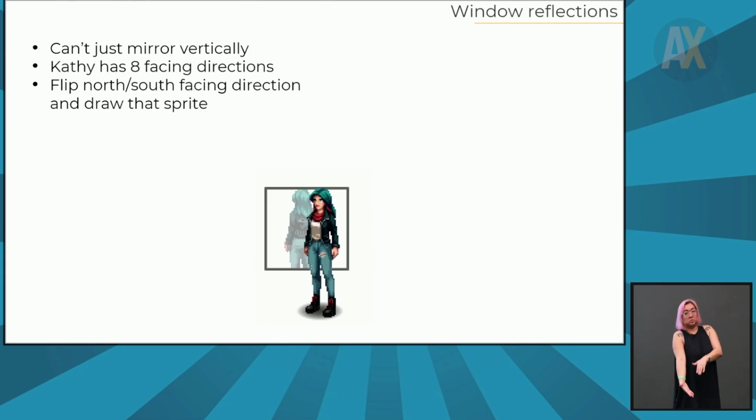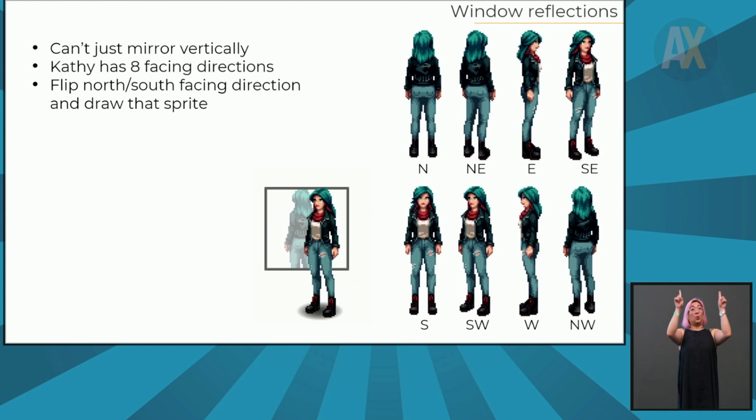I did a second type of reflection as well. Windows. These behave a little bit differently from our water reflections, as we can't just mirror the sprite vertically. I'll quickly mention that Kathy has 8 facing directions. We have north,